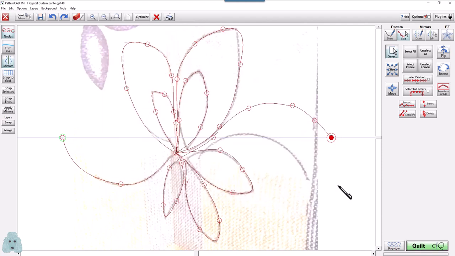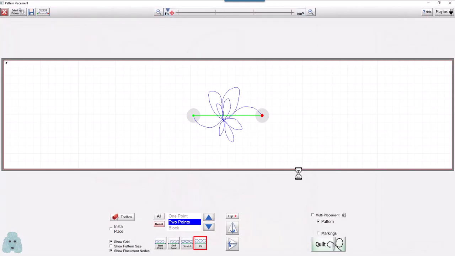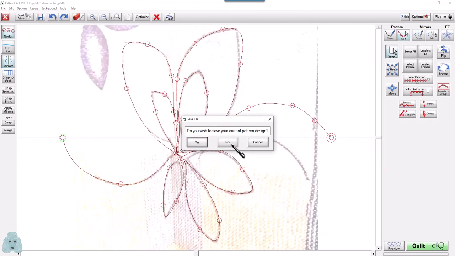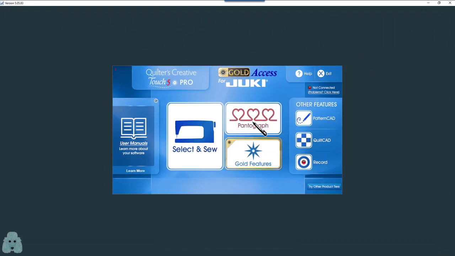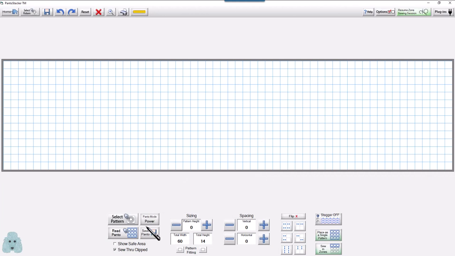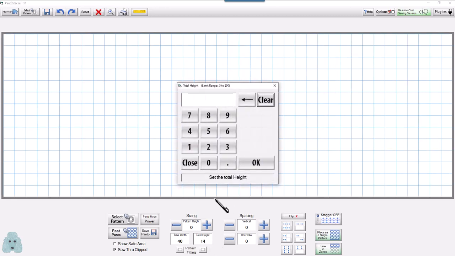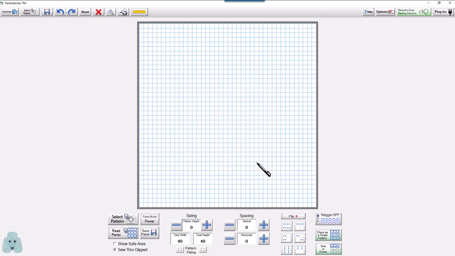Okay, now let's go into Pantograph and create a really quick pattern. So it naturally defaults to thinking that you're going to create a block, but that's not where I'm going to go. I'm going to exit out of that, exit out of this as well. I don't need to save it. I've already saved it, and I'm going to go to Pantograph. And I could even do Power Panto. That'll be super quick. Let's say my width is, for my quilt, 40. My total height is going to be 40 as well. And I'm going to select my pattern,